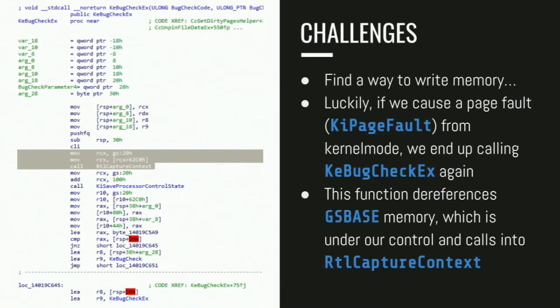Our goal was to try and find some type of instruction, or I should say a set of instructions, that's going to use GS. And if you see right here in the bug check function, and bug check, if you're familiar with it, is actually a blue screen. KeBugCheckEx is basically the initial function of starting a blue screen on the Windows kernel. It starts using RCX from data that we send to it. So the goal is, hey, it's reading data from a GS that we send it, and hopefully it's going to turn it into something else.